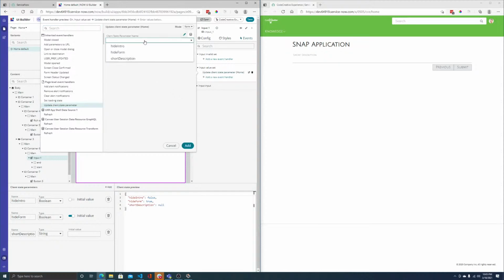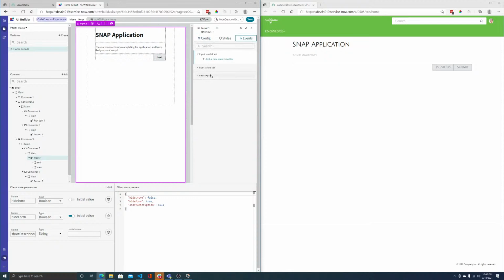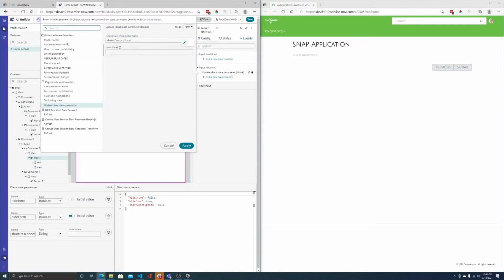Update state parameter, short description, new value is the... that's how it was. I need the identifier. All right, so on the inputs, I have to put an identifier so that I can access it. And then I can say that when I set the value, the short description client state parameter,